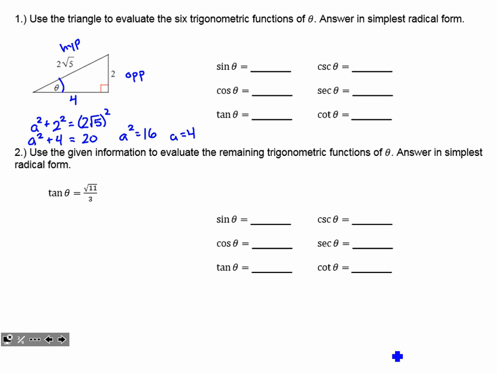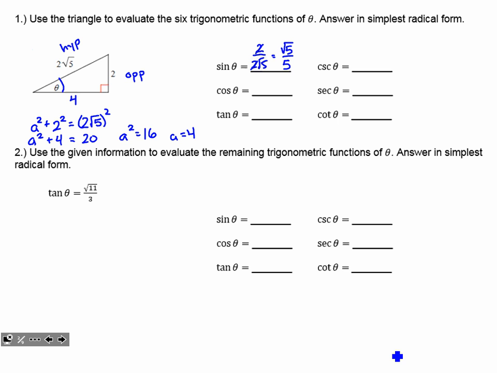All of our fractions, the outputs of those trig functions, are going to be found using those values. We want to make sure that those are correct. All right, sine is opposite over hypotenuse. That is 2 over 2 root 5. Okay, obviously the 2's are going to cancel. That's like 1 over root 5, which we know is root 5 over 5.